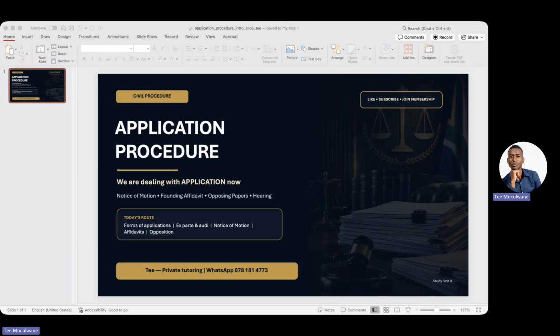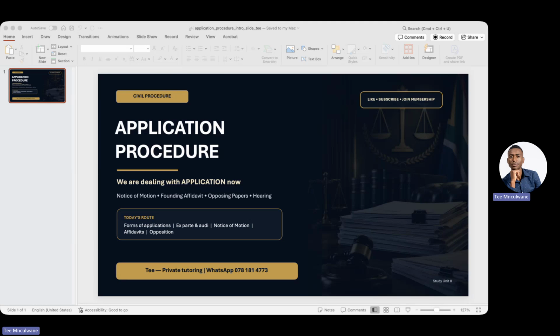Now, guys, that sounds powerful, but it's also very dangerous because our legal system does not like one-sided justice. So the general rule is that both sides must be heard before a court makes a decision that is affecting rights. That principle is called the audi alteram partem rule. You already know that. It simply means that you must hear the other side, right? So whenever you hear ex parte, I want you to think it's an exceptional procedure, right?